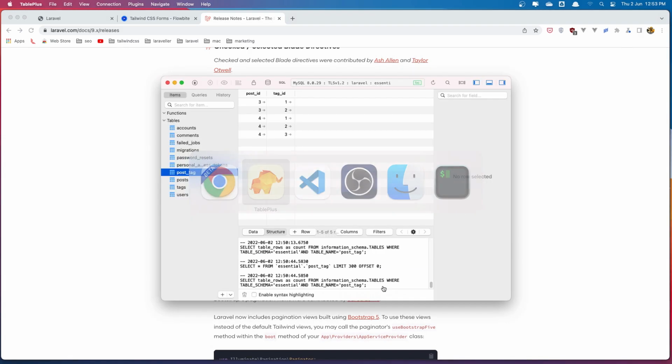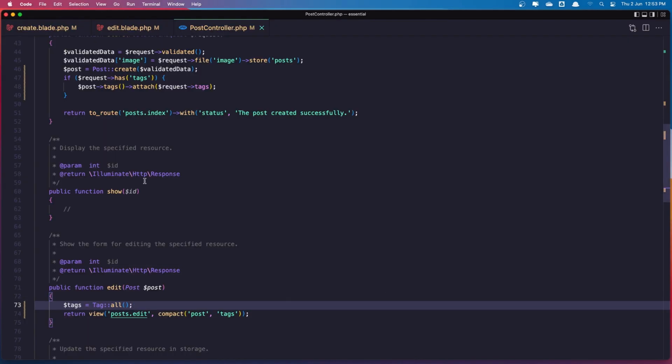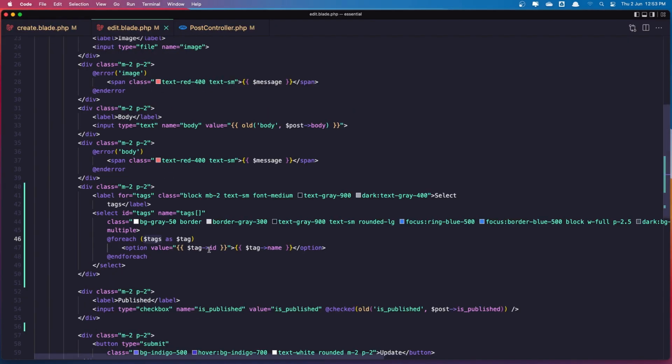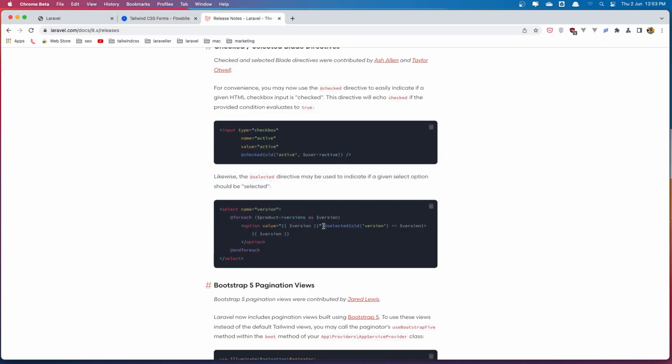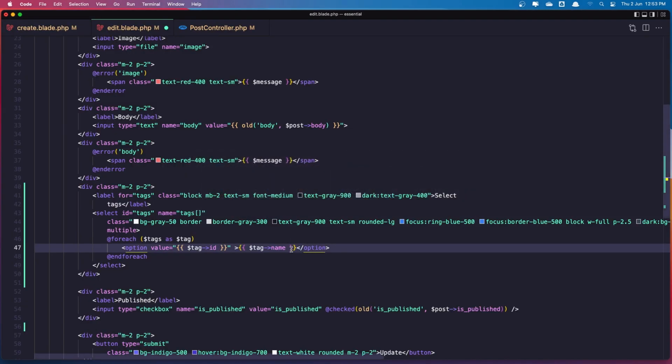But in our case, let's go to the edit blade and in the option, okay, so here is selected and if this matched the version we have here, it's going to be selected. But in our case, we have here the tag ID, and we need to check if this tag ID exists in the post tags relationship. Okay, so for that, I'm going to say